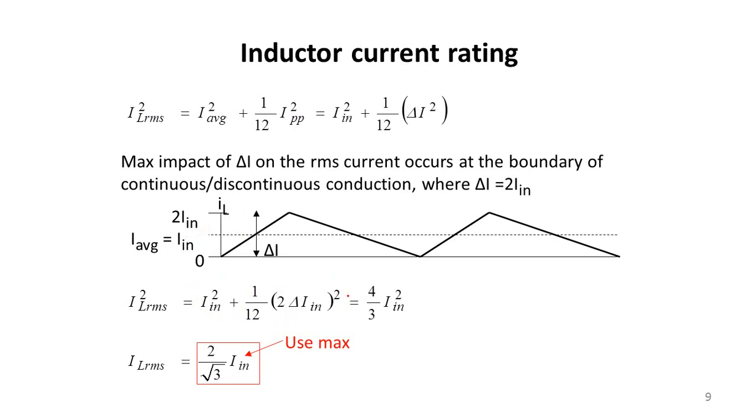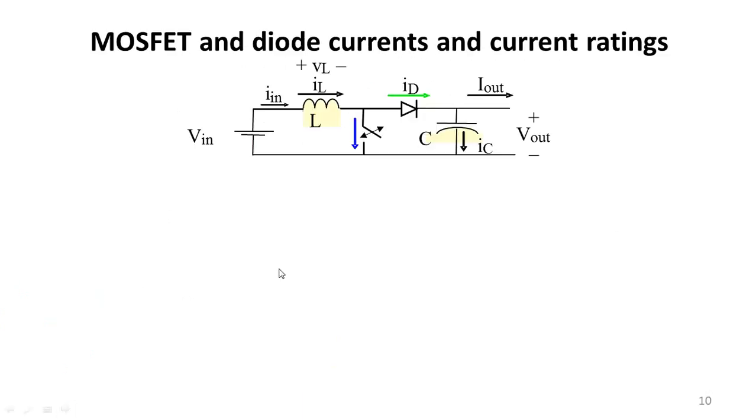So this is how we have to take the root mean square value, and finally you will arrive at the value of this particular equation, IL RMS. I request you to refer to the book by Daniel Hart, so that you will get a proper explanation for this root mean square and all those things related to your boost converter.